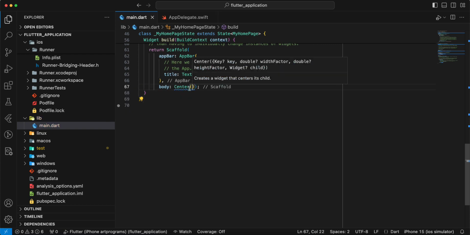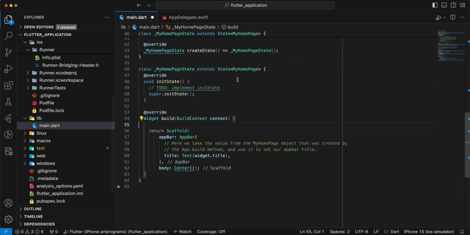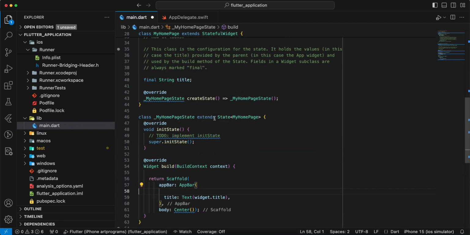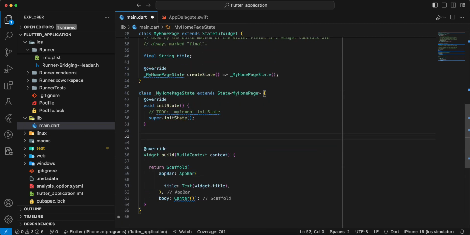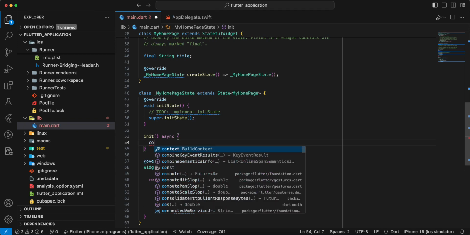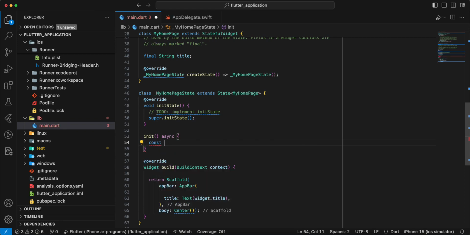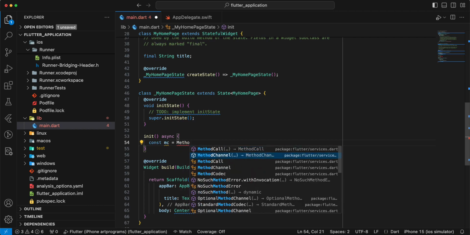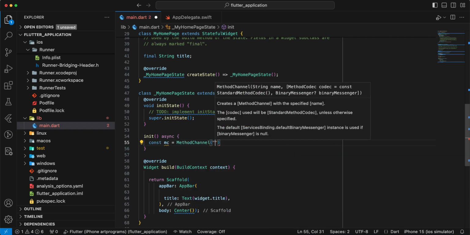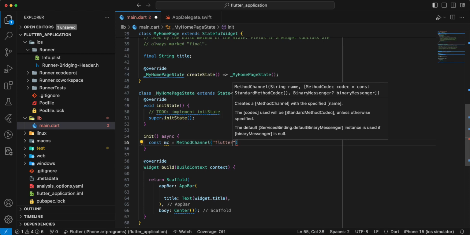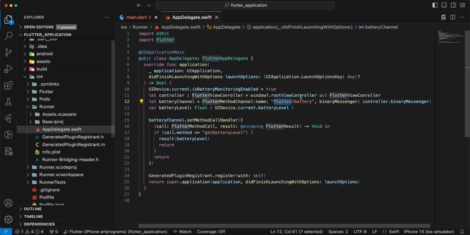Write widget center, save, remove comments. We write init async, write const mc, write method channel, write name flutter battery,